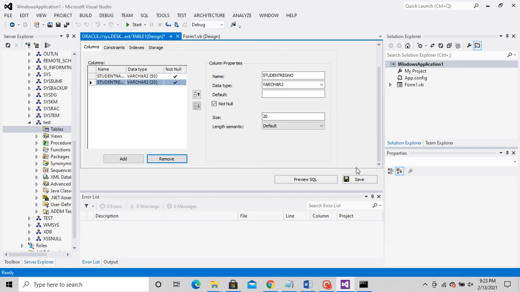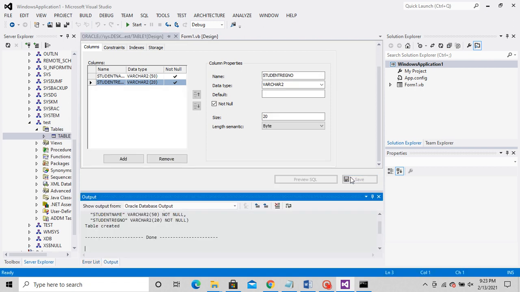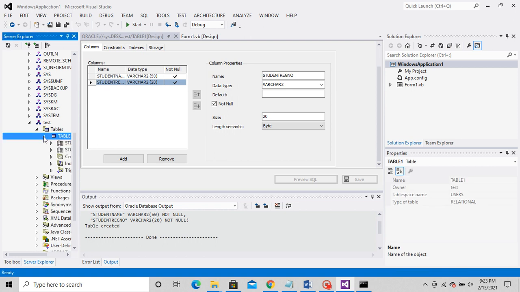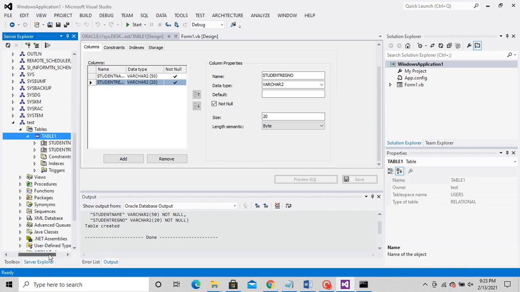Now you can save your table. Now you can see that I have a table called table 1. Just go here and see.